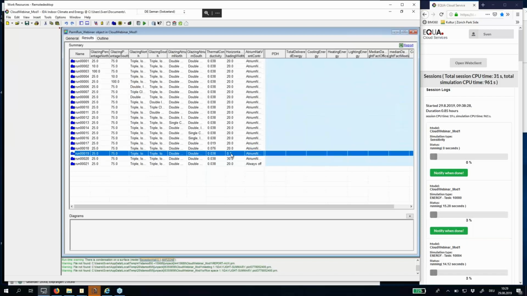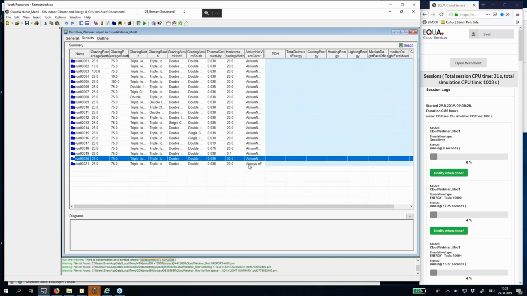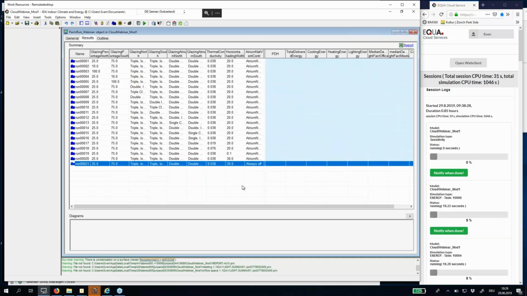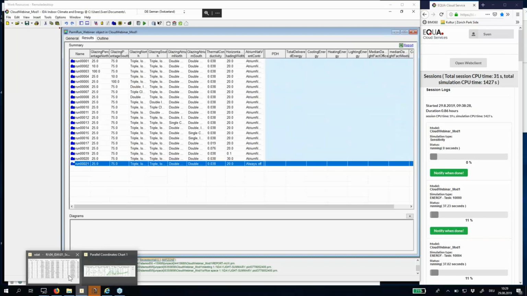And then the horizontal shading is varied, and at the end also the atrium natural ventilation is turned off here. So in total it's 21 sessions that are running,